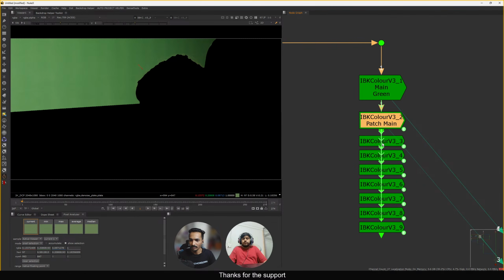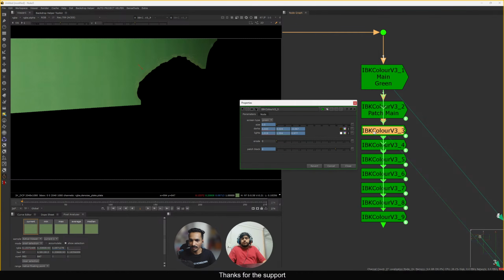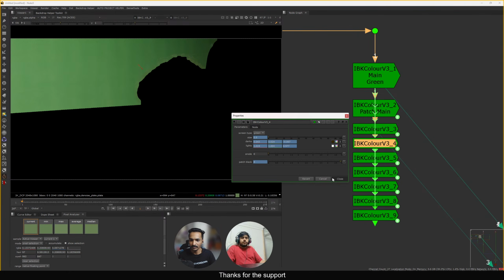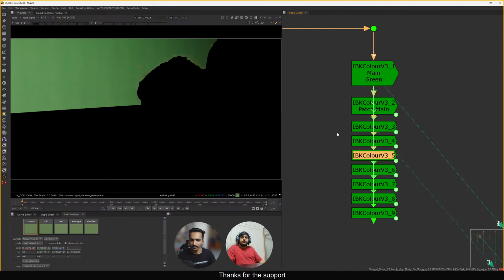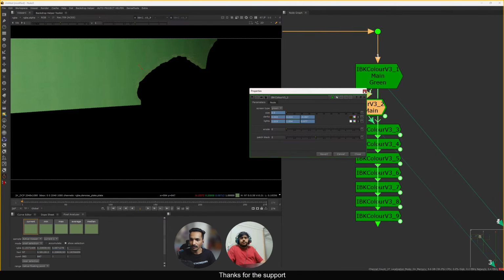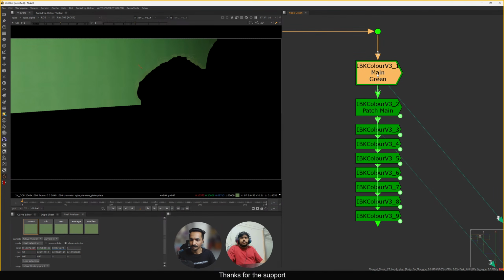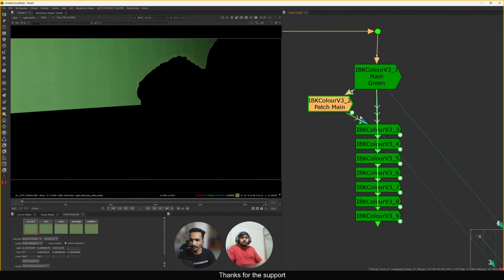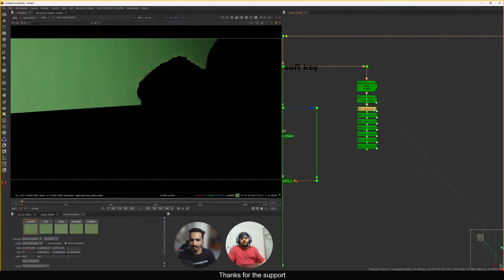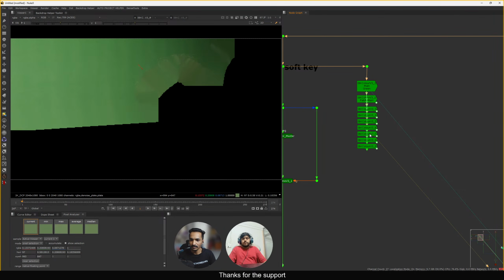This is like 2, and if I go to this one, you can see the number increasing. This is 4, this is 8, and now you have 16. All these expressions are linked, I mean the color value. So you only have to tweak this master one, this main one, and they all link. The patching starts from here, and the patching will link to all of them. All right. If I view step by step,